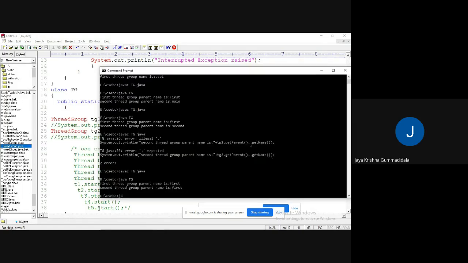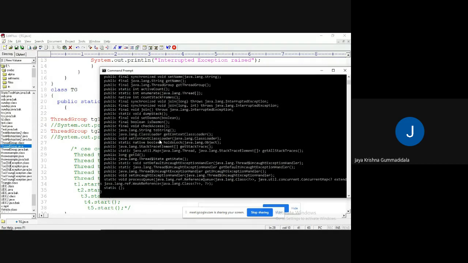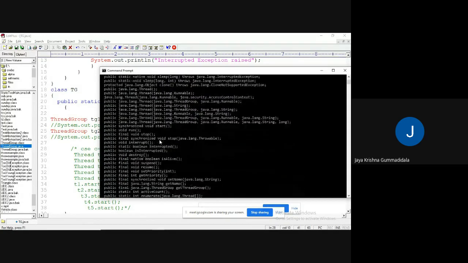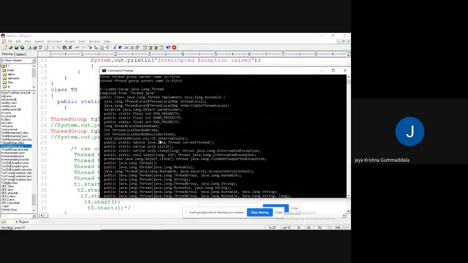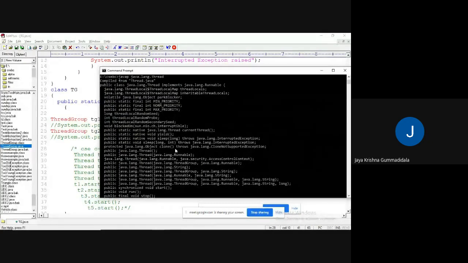Guys, if you observe the profile of the java.lang.Thread class, I have explained it while explaining the constructors. I have shown some kind of constructor. I am passing the thread group name, comma, runnable interface, comma, string.